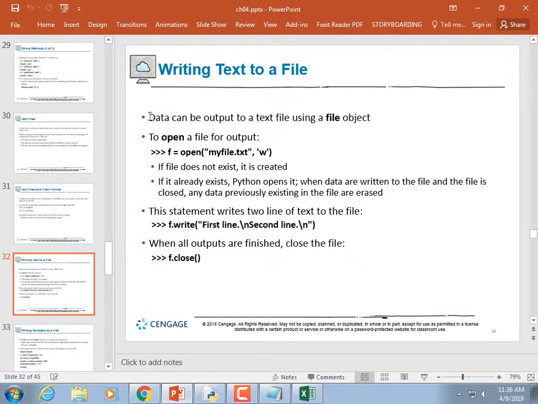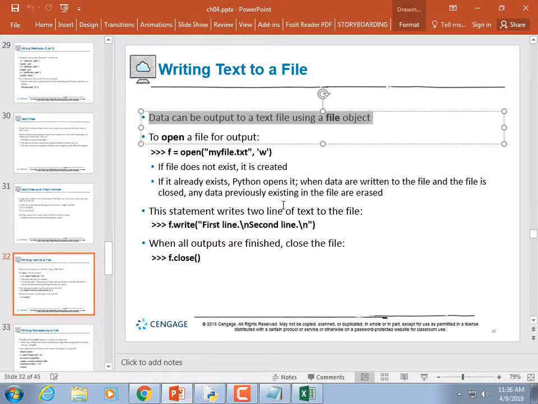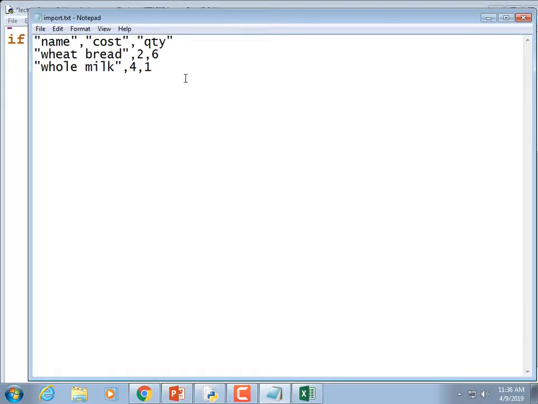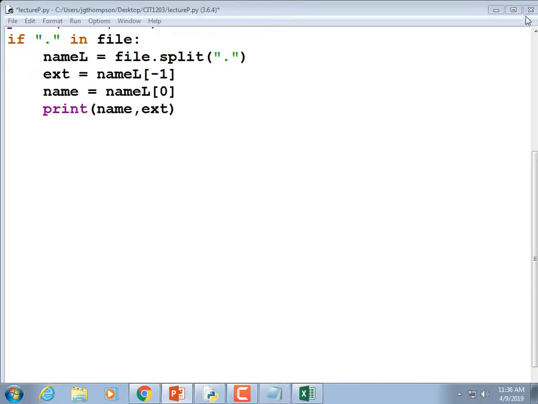So data can be output to a text file using a file object. So let's create our own import file. We're going to import a file that contains some data that we're going to create, maybe with a for loop. Fastest way to generate some data. All right, so